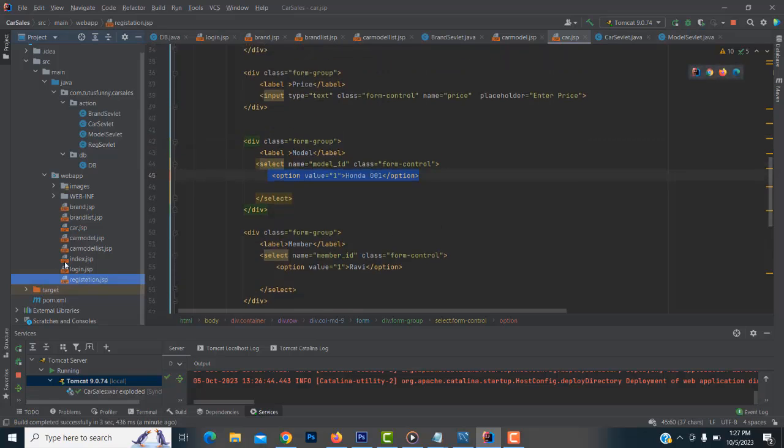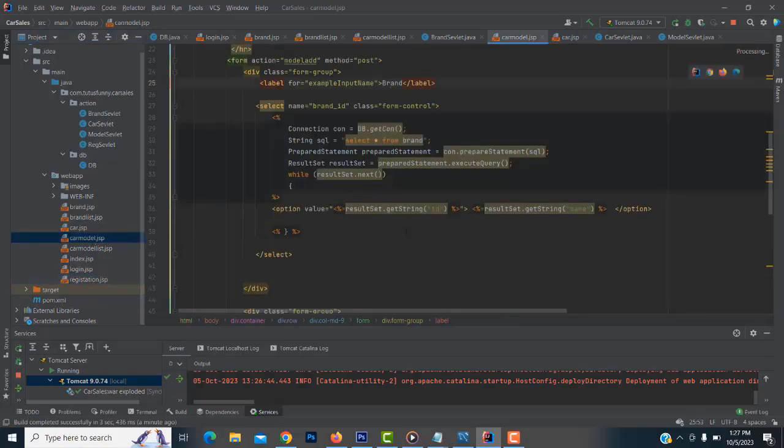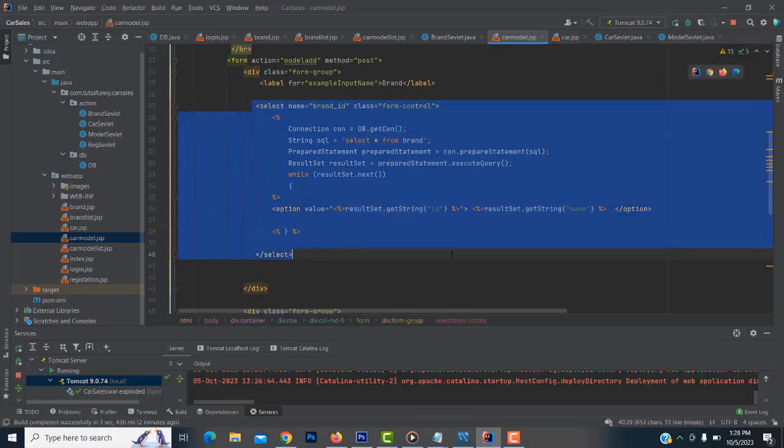Now what you're going to do is the same thing I did in our brand and car model. We already did that particular part, the list box, how to load the data. I just copied the same thing. You don't do it again and again, that's very boring. You just copy the same code, reuse it, and change what we need according to the situation. So back to